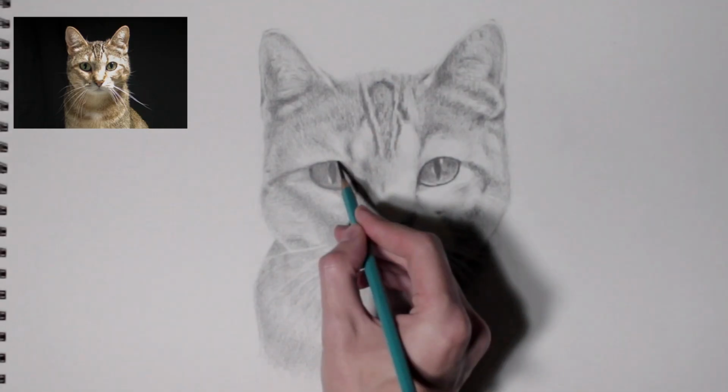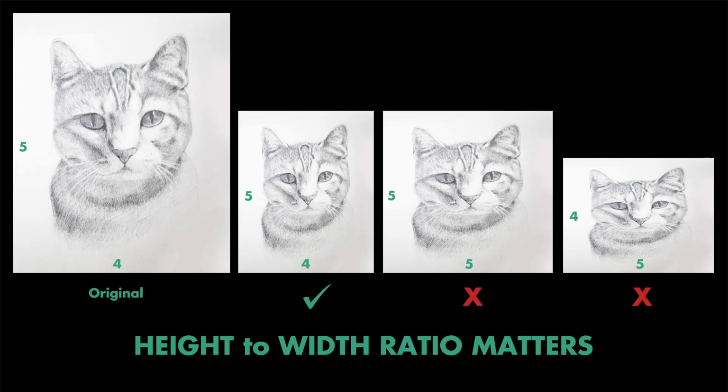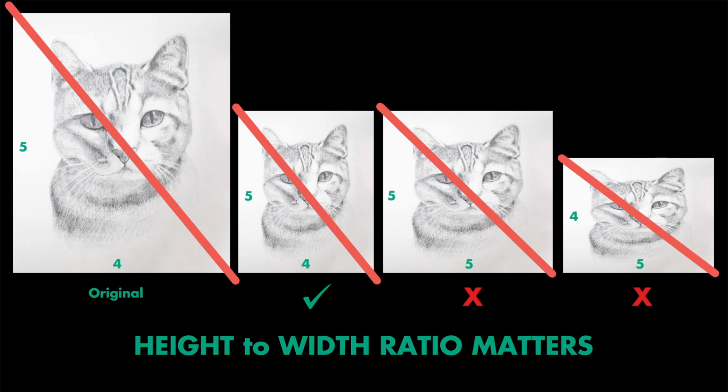So looking at the portrait I drew of my cat recently, we can see there is a ratio of 4 to 5. It's actually an 8 by 10 drawing, but the ratio can be reduced to 4 by 5. The numbers aren't really important. I'm just using them to demonstrate the need to maintain proportions no matter how big or small you draw your